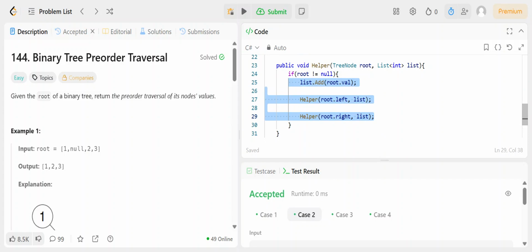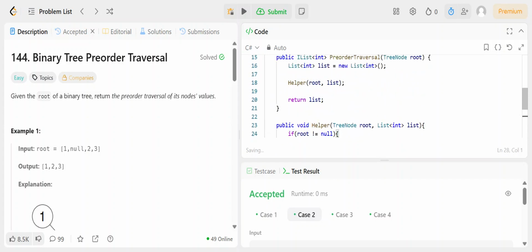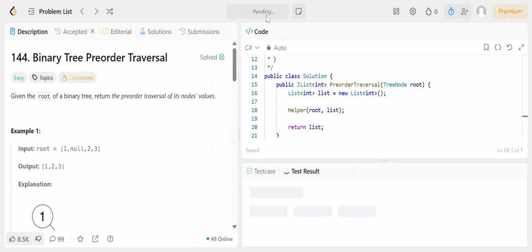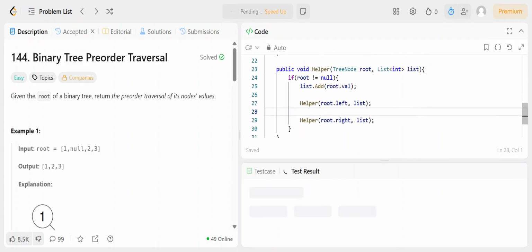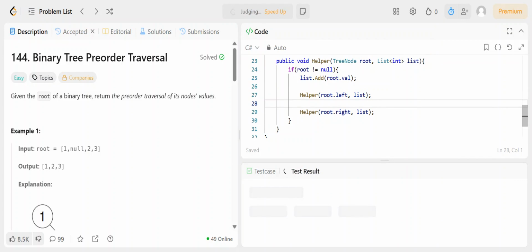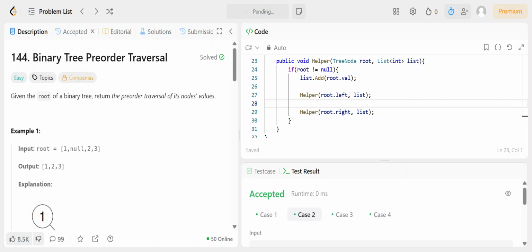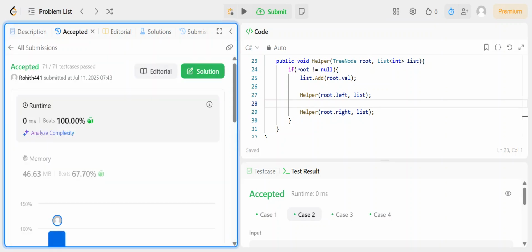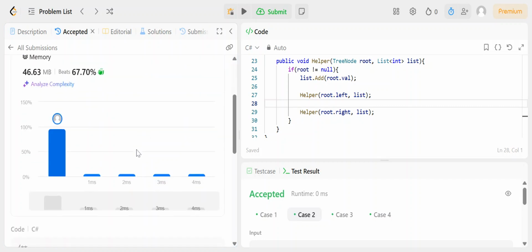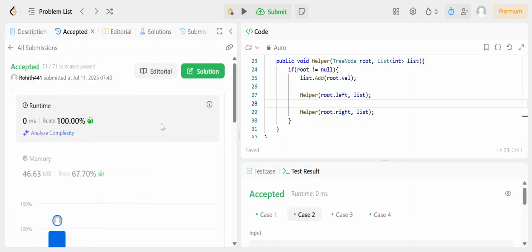Let me adjust it. Yes, this is our solution. Let's give it a try. Yes, let's submit it. Yes, that's it about